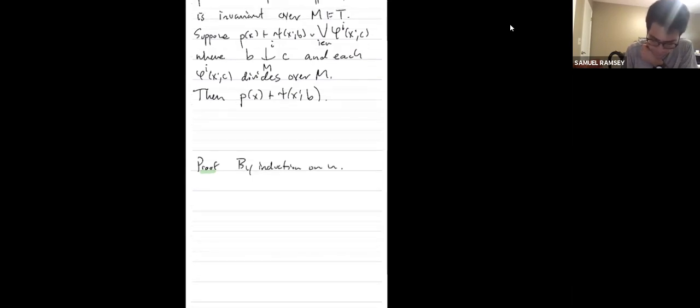So we'll start. The proof will be by induction on n, where n, as you see here, is the number of dividing formulas. And clearly, if n is equal to 0, then how many dividing formulas do we have? We have none. So in that case, our assumption just says that P implies CXB, and our conclusion says that P implies CXB, and that follows from our assumption. So in that case, we're good. There's nothing to show in the case that n equals 0. That one is trivial,